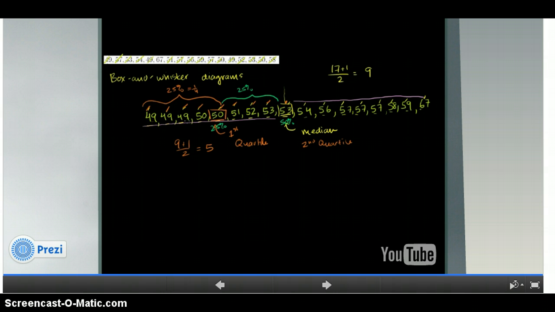This means 25% of the values are below it. And then if we want the 75th percentile, we find the median of these values over here, and we'll include this median right there. So once again, we have 1, 2, 3, 4, 5, 6, 7, 8, 9 values. 9 plus 1 over 2 is 5. So you go 1, 2, 3, 4, 5. So the median of the higher half of our data set is 57. So this right here, this number right there, the 57,